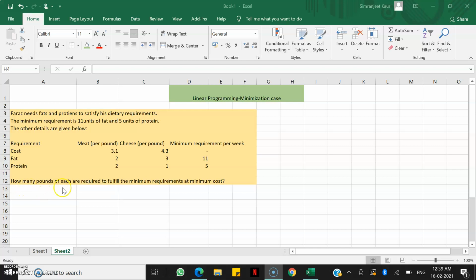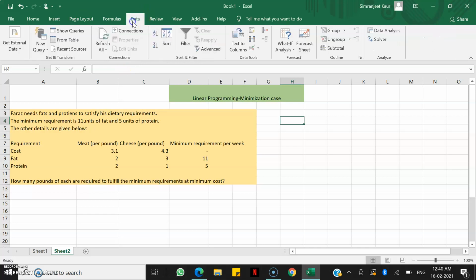So the question says: how many pounds of each are required to fulfill the minimum requirements at minimum cost. So as we can see, this is a minimization problem. The first thing that we need to make sure is that we have the solver in our data analysis pack. So let me go to data, and as I can see here, I already have solver.